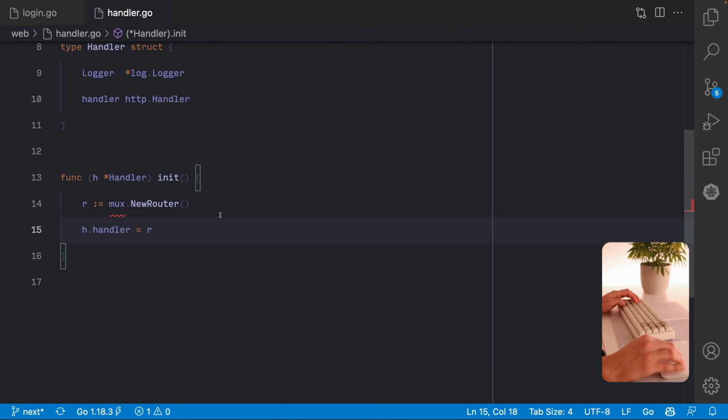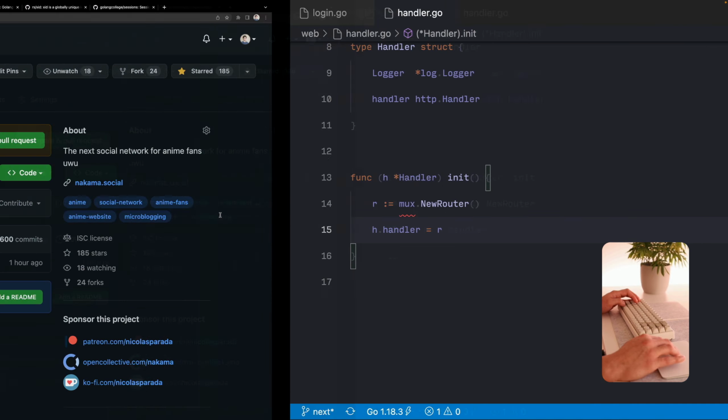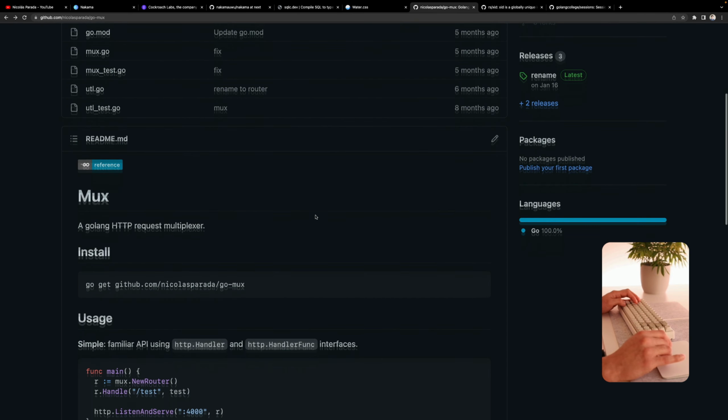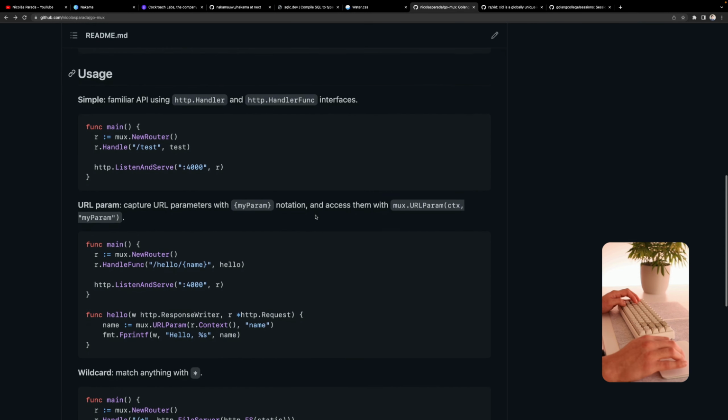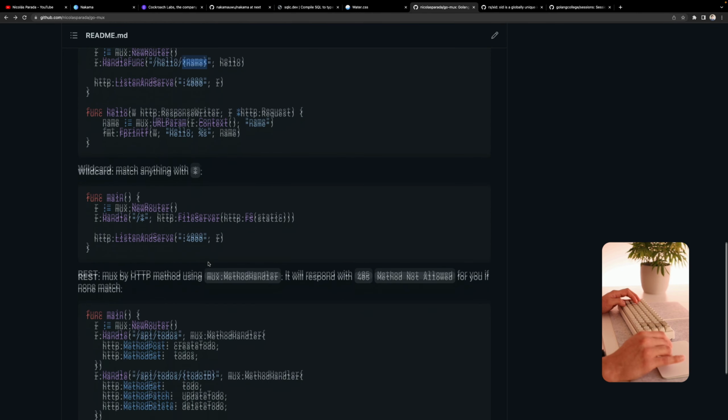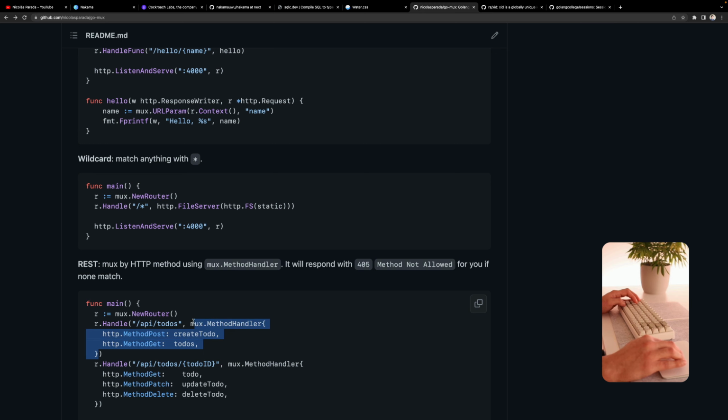So for the router, we are gonna use a library of mine. This one is similar to the mux that comes with Go, but you can pass parameters in the URL, and you can do some REST style routes.